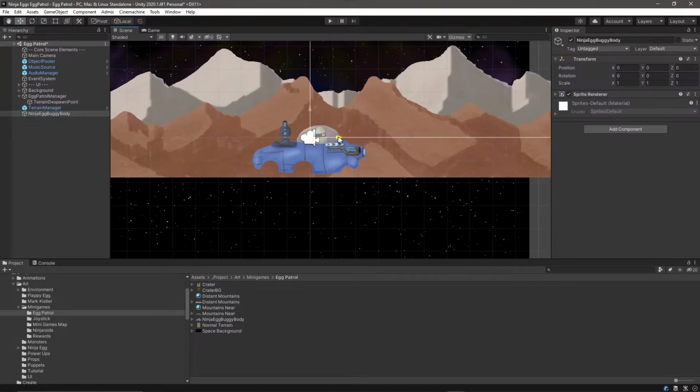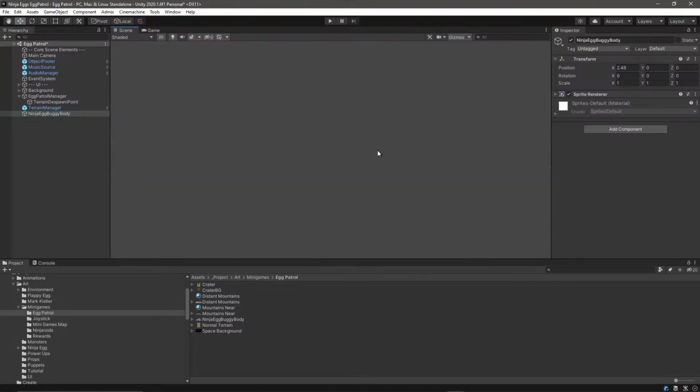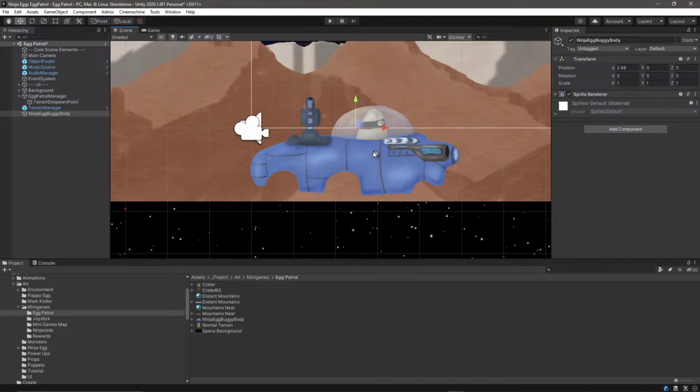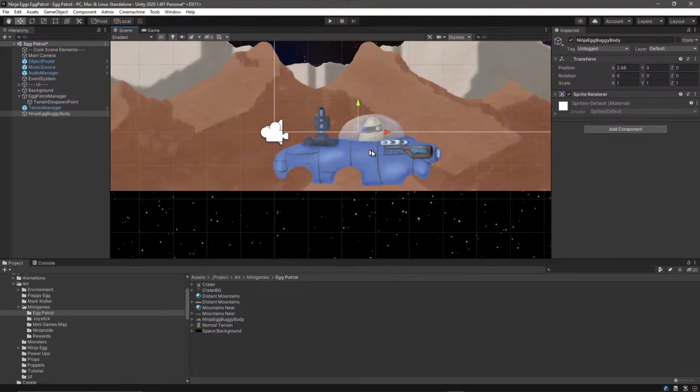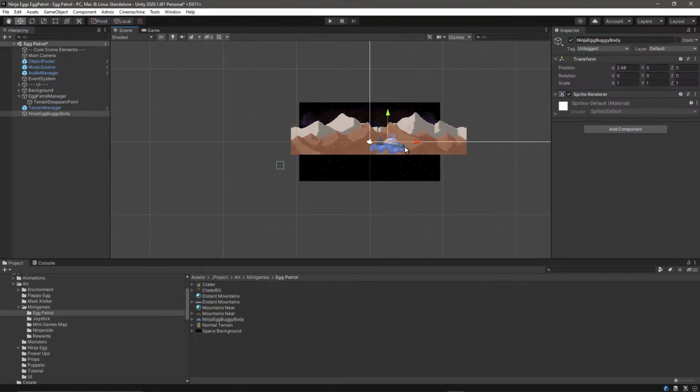But I'm pretty pleased with this drawing. I've got a transparent, oops, went behind the camera. Got a transparent canopy, a ninja egg driving it. I got a gun that shoots up. I got a gun that shoots forward. Again, I'm not going for photorealism, but I think that looks pretty good. And I'll import those tires, which are going to just sit on top of the chassis here. But anyway,